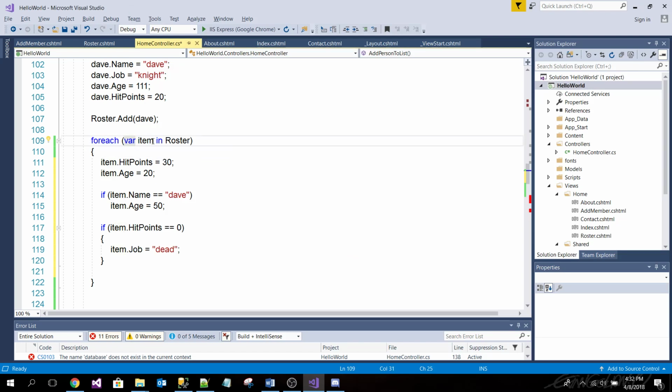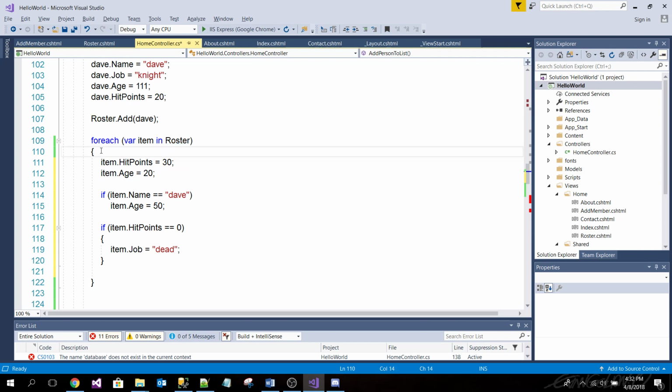And this var item just means, hey, do everything in here. Basically, for each item in the collection, do all of these things here. An item is going to represent each one in the whole list. That kind of concept is sort of the tricksy concept. But do you guys get it? That this is representing each item in the roster.